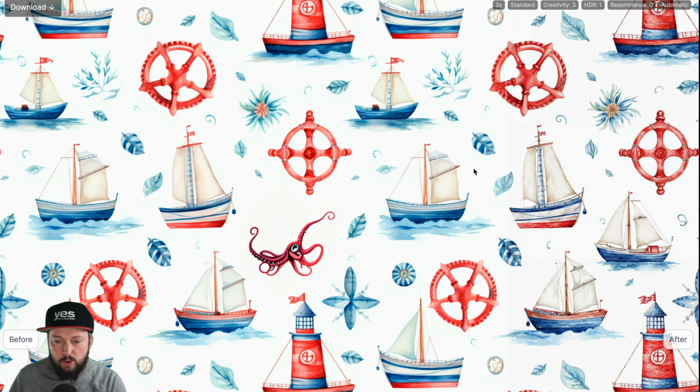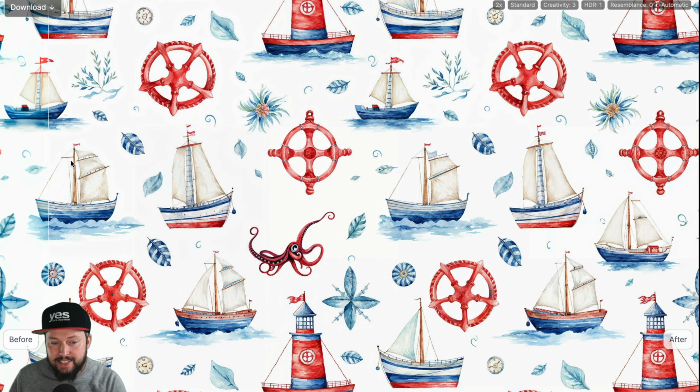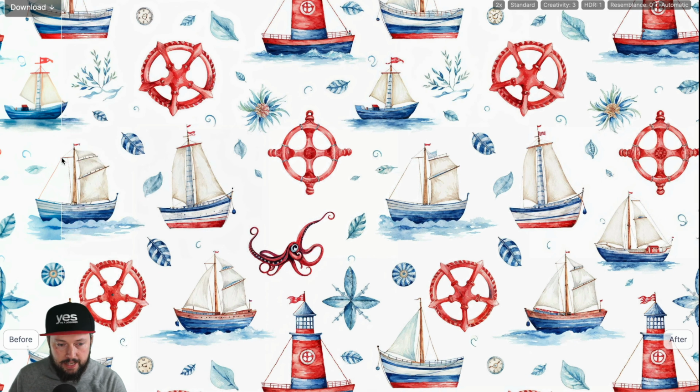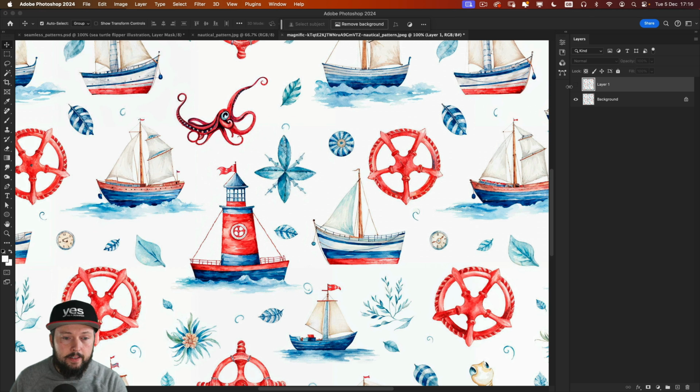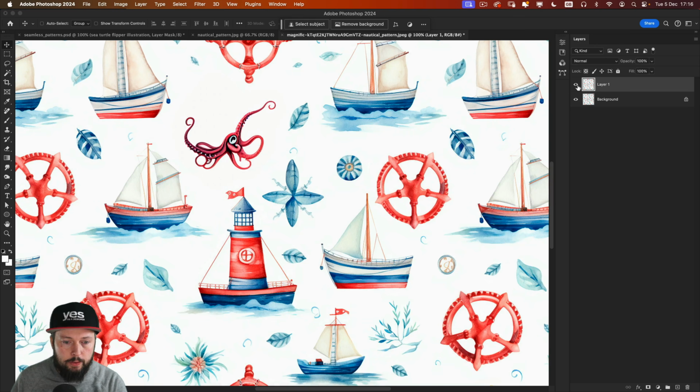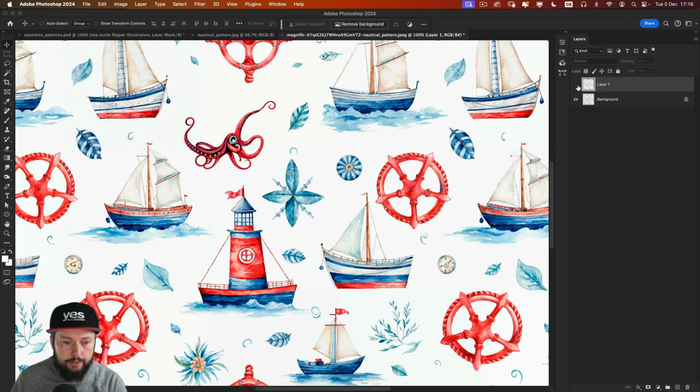So when I go over it, at this distance, you can't really tell the amount of detail that we received, but you can already start to feel that we have more texture and it feels more like a real watercolor drawing or illustration. But if I download this and drop it into Photoshop, that's where we will be able to compare it better. So let me show you before and after.